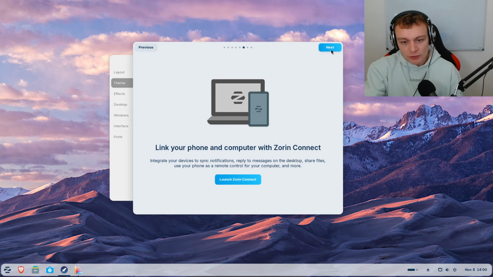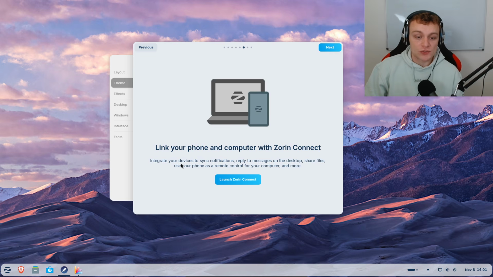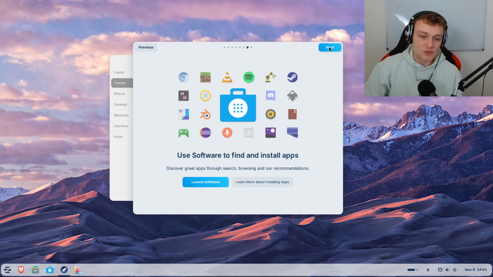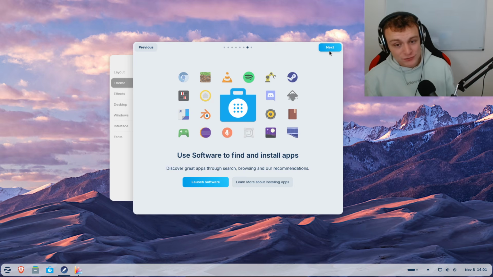And we can link our phones and computers with Zorin Connect. Integrate your devices to sync notifications, reply to messages on the desktop, share files, use your phone as a remote control for your computer and more. Okay, that's nice. So basically, my first impression is